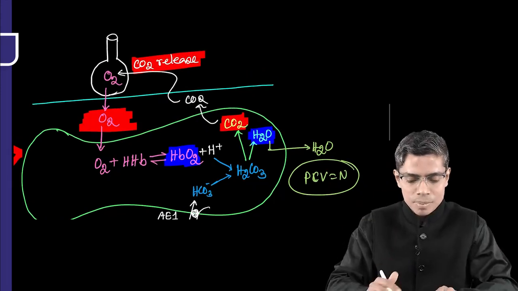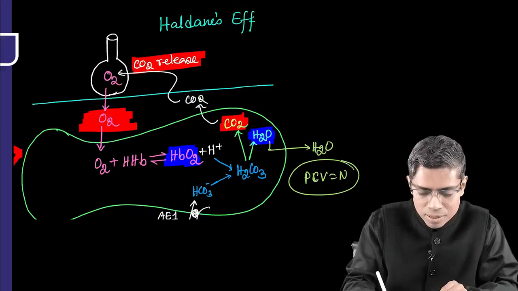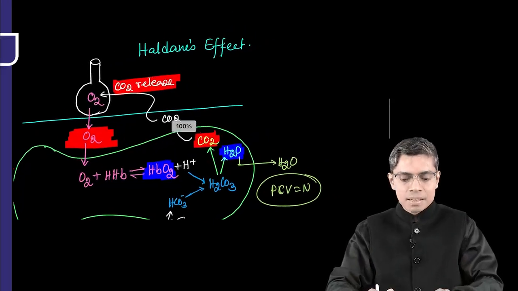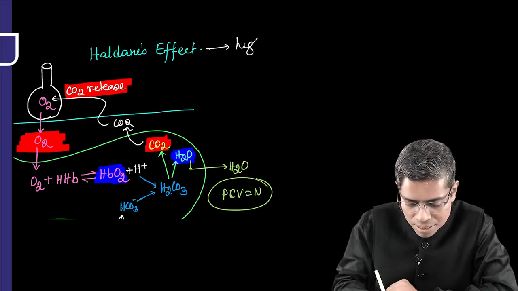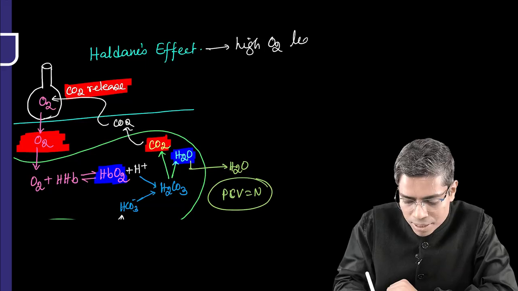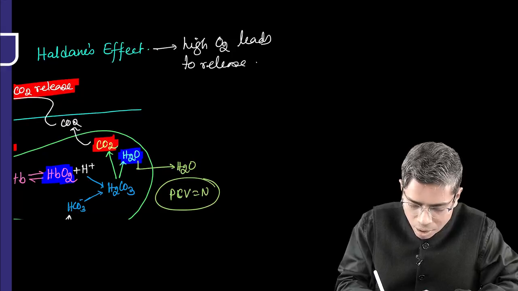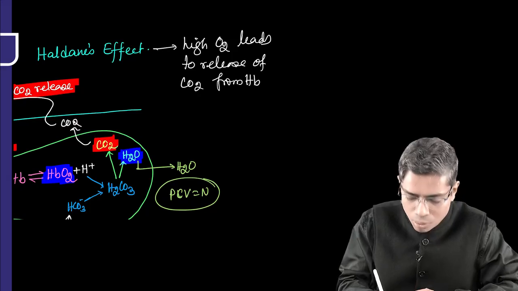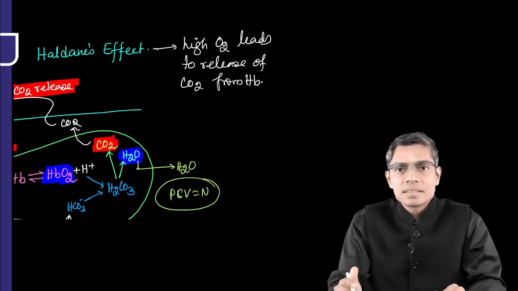This is nothing but your Haldane's effect. Getting my point? So this is known as Haldane effect. In presence of high oxygen tension, carbon dioxide is released from hemoglobin. So if I write down high oxygen tension, high oxygen leads to release of carbon dioxide from hemoglobin, right? Although the effect is looking reverse of the Bohr effect, but it is not exactly the reverse one,